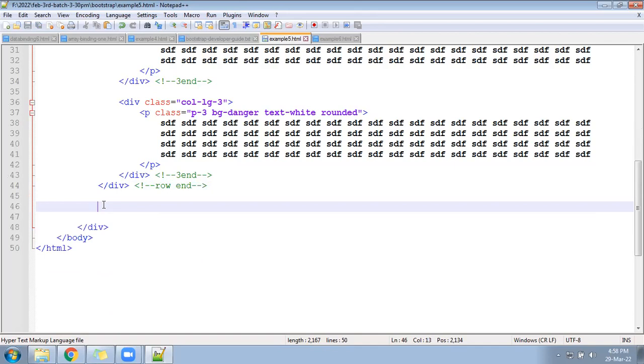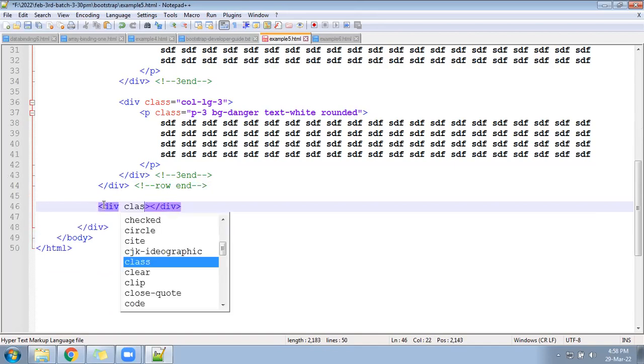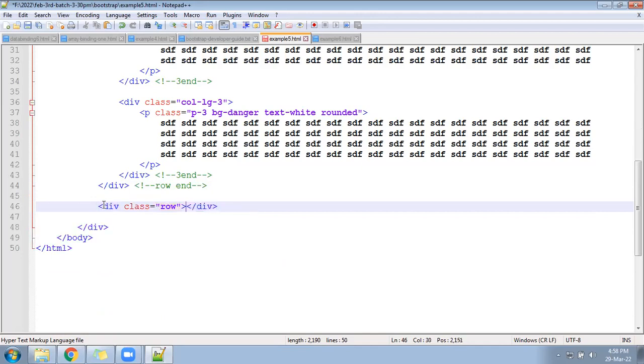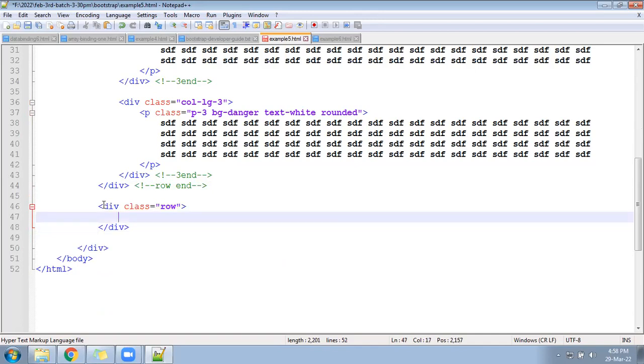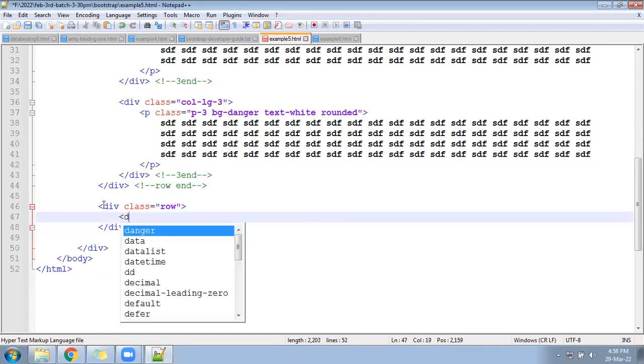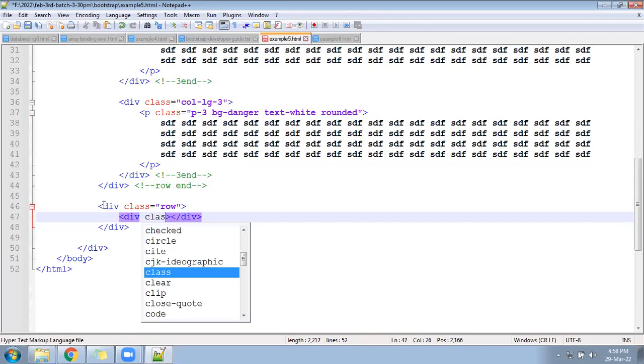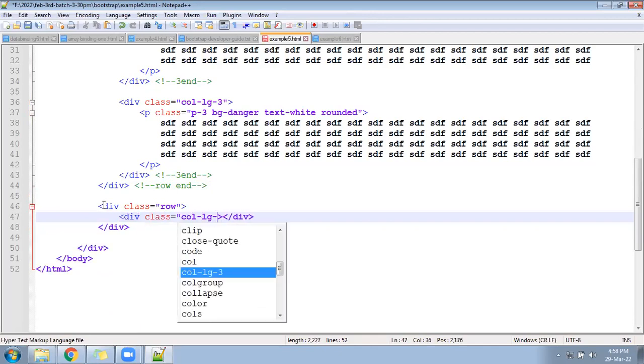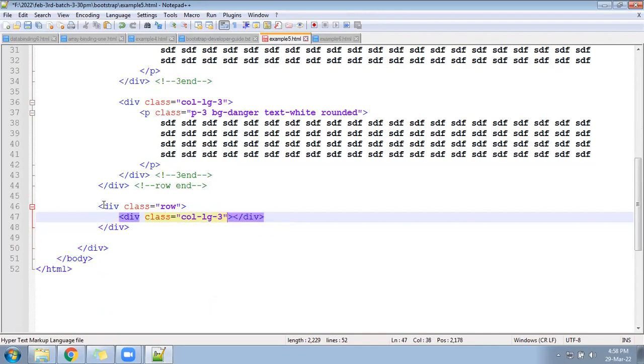After that, write a division, class equal to row. Inside that, create one more division, class equal to col-lg-4, or maybe 3 you can write.